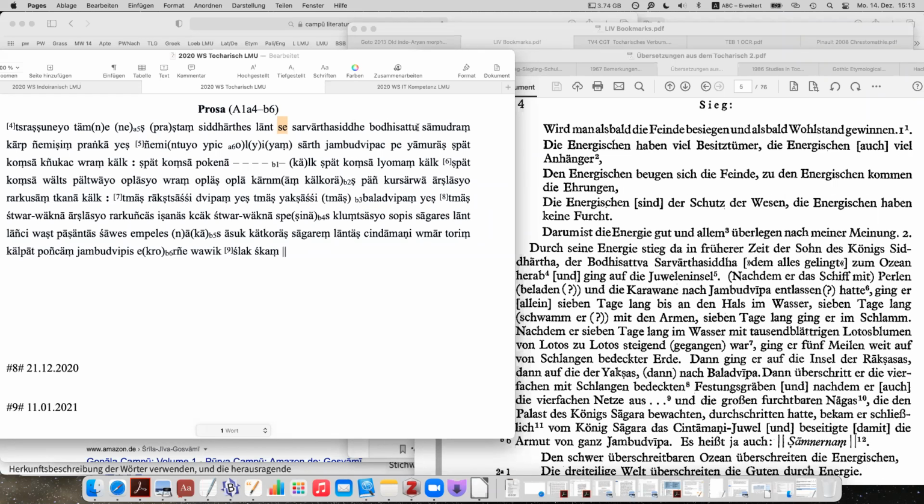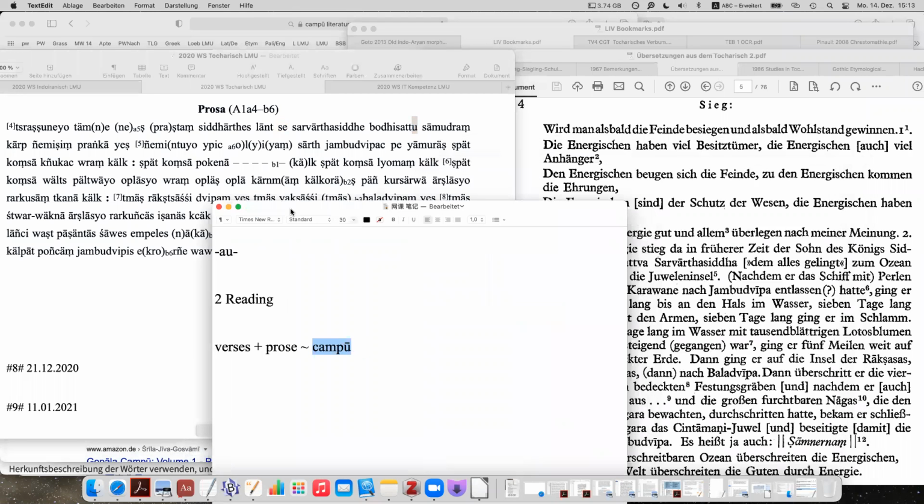Okay. So you can see the Sanskrit long word. If a Sanskrit word is borrowed into Tocharian A, the final R is always lost. So we know that it must be Bodhisattva, right? As I explained in Sanskrit, if it is borrowed into Tocharian A, the final vowel R is always dropped. So we have Bodhisattva, yeah. This is the reason why we have Bodhisattva here, okay.